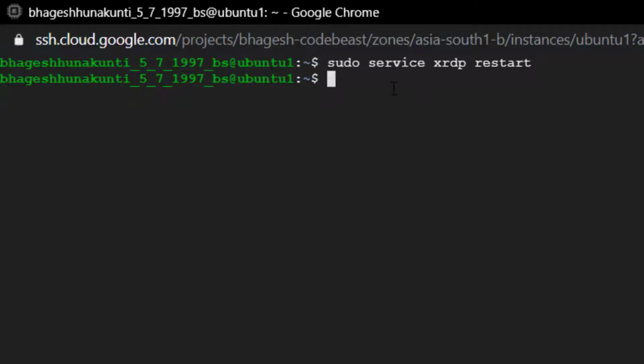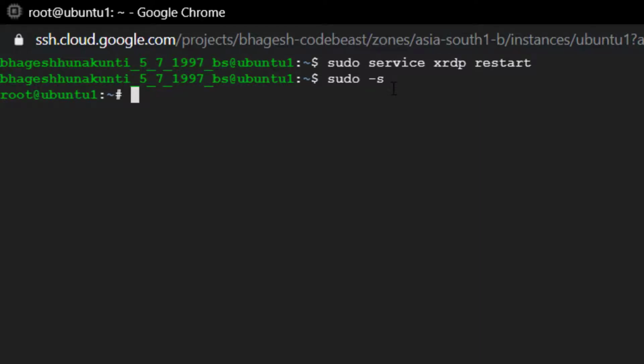Now all we have to do is provide a password so that it's only accessible by us and nobody else. To do that, type sudo -s. We are entering the root user directory. From here we'll type passwd. This will help us in setting the password. You can't leave this field empty.